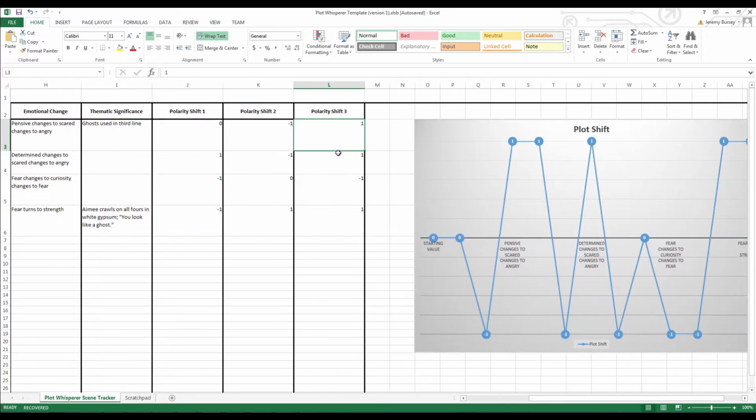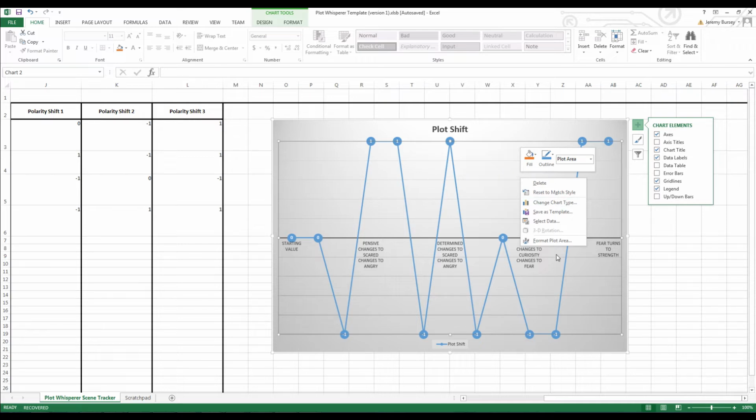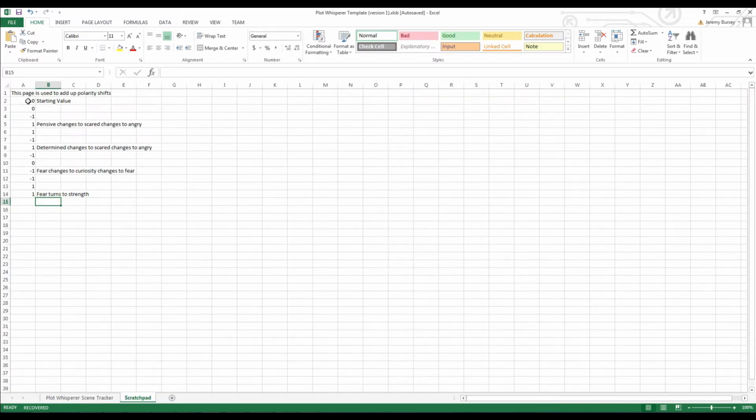actually I think are on the scratch pad, because if you go to the chart here, I think this is where you get the data, I believe. No, from the plus. I can never remember anymore. Oh no, you right click and then you get to select the data. When you select the data, you just select the columns here, or what I like to do is have a scratch pad that maps to the main page, so that if you look over here, you'll see where I have it maps to the spreadsheet here, and then it gives you the column name, and that's where it allows you to